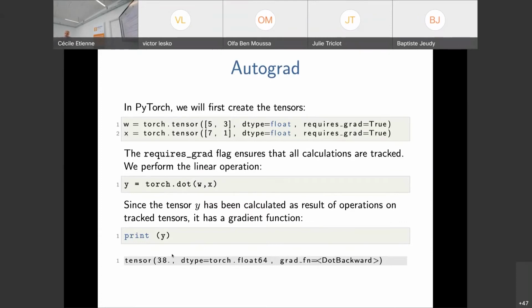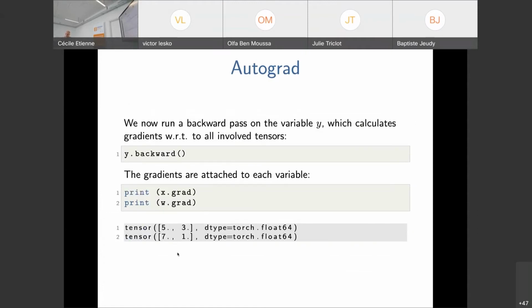If you want to do everything manually, sometimes it's necessary, but mostly it's not done because on top of Autograd, there is this additional library, torch.nn, the neural network module, which can